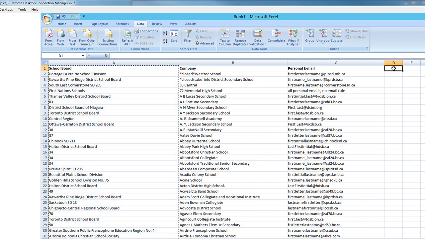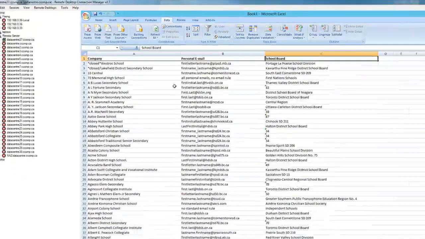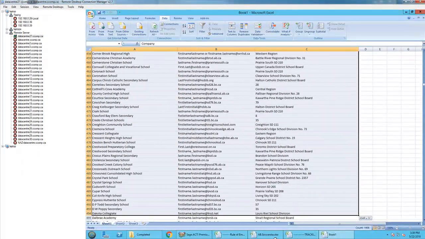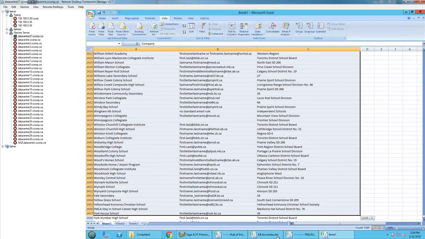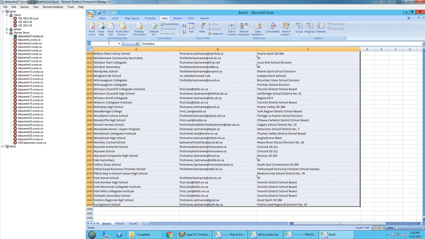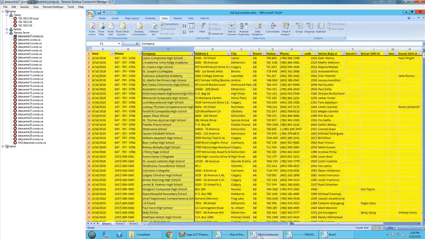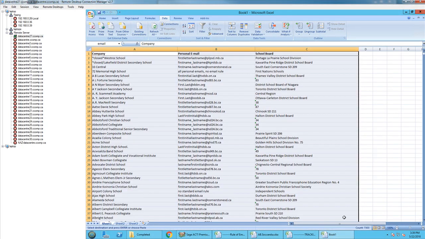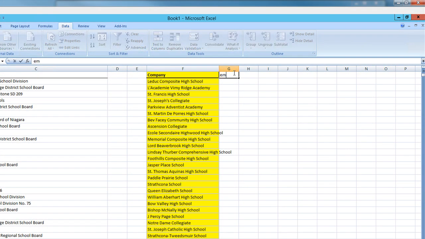and just sort them like this: company, personal email, and school board. I will select all of these to the end. And then put them as email. Okay? Now, I have the company that I want to find. So I just select this column, copy, and bring it to the file that I created right now and put it here. Now we need to